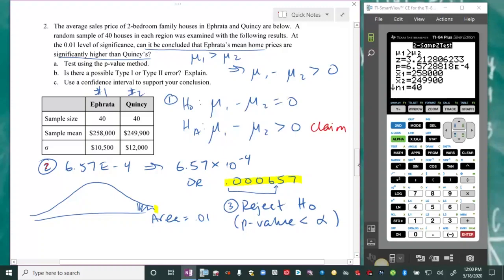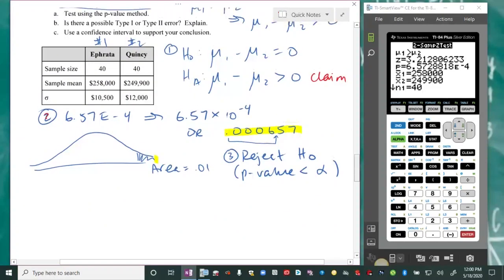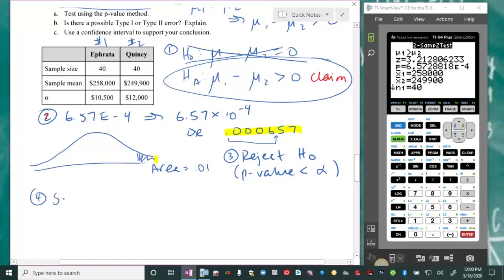And then step number 4 is the conclusion. Do I support the claim or not? Well, now I am rejecting, so I'm going to go up here and cross off, I'm rejecting the null hypothesis in favor of the alternative, and the alternative is the claim. So for step number 4, we support the claim